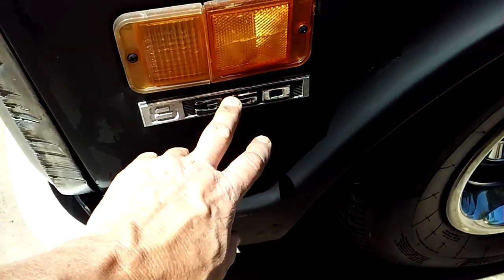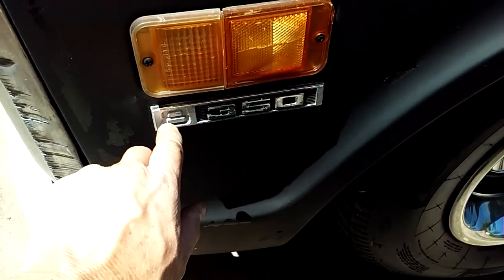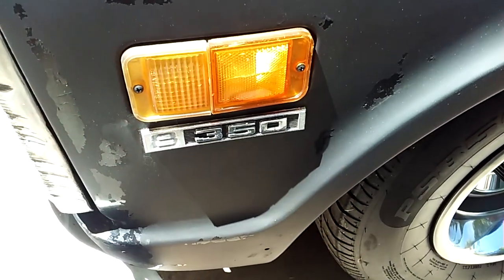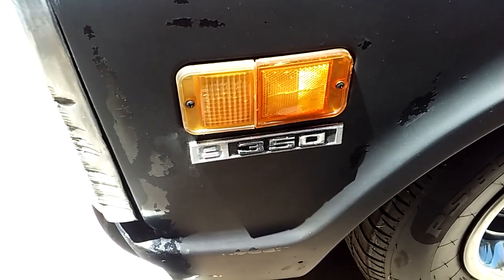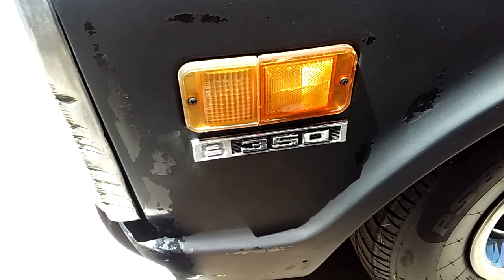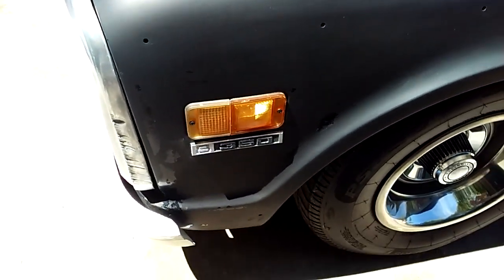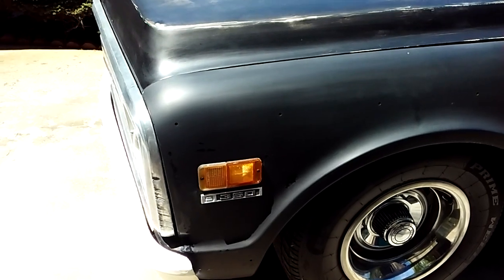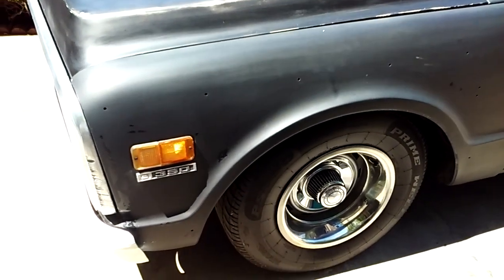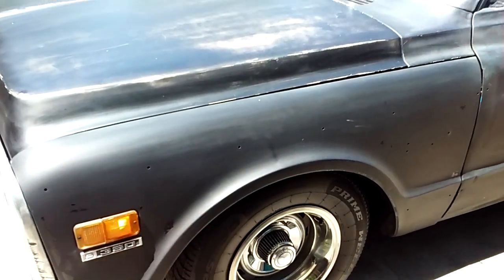emblem. It's got a few pits and stuff here and there, like right there. Repainting them a little bit and making them look like they still got some life left in them. I really enjoy that, and I enjoy making old things look like they have life left in them. And this old truck, as I said in the first video, it's got a lot of holes and stuff in it,